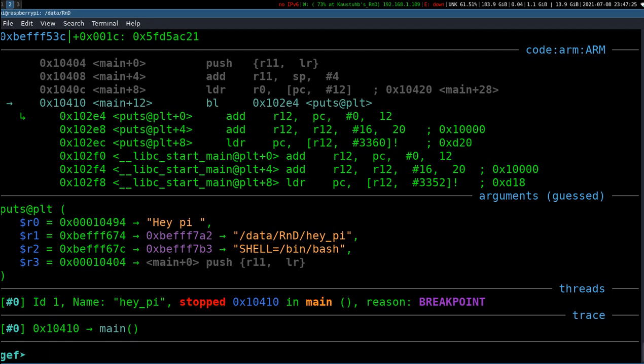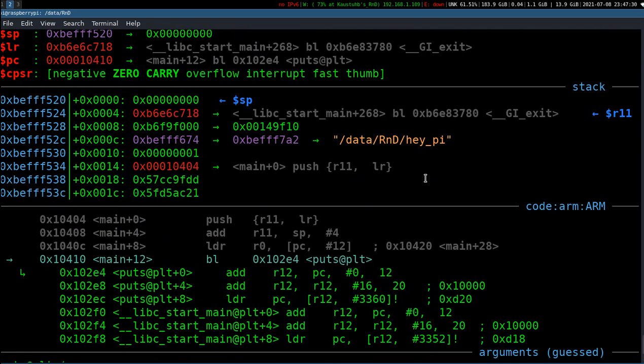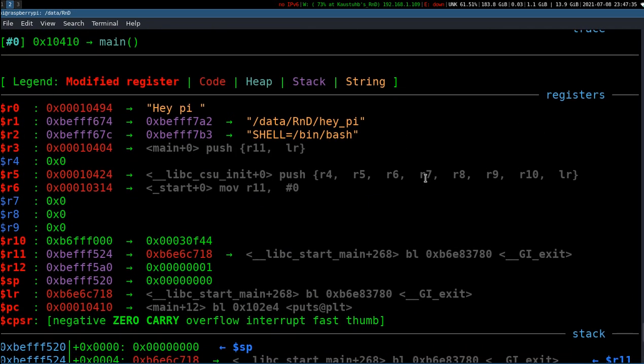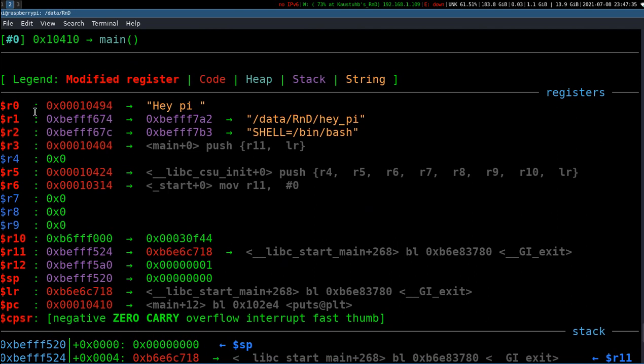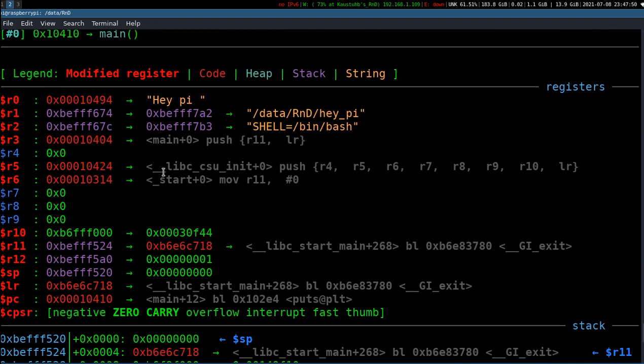Now try to remember what I told you in the very initial video. ARM contains 12 general purpose registers and some special purpose registers. So these 12, from R0 to R12, are the general purpose registers, where we can see the values loaded.